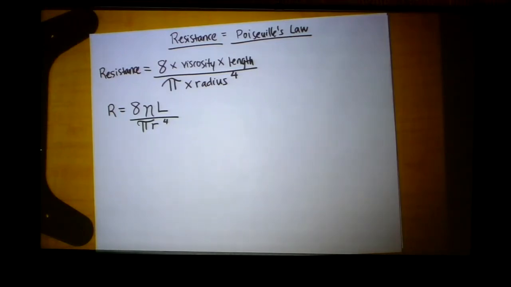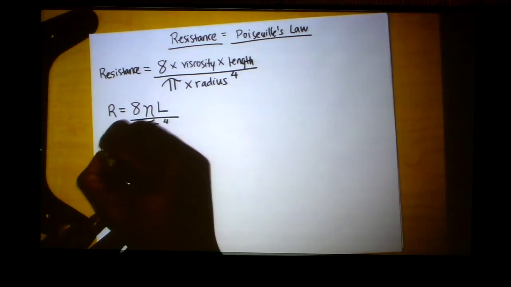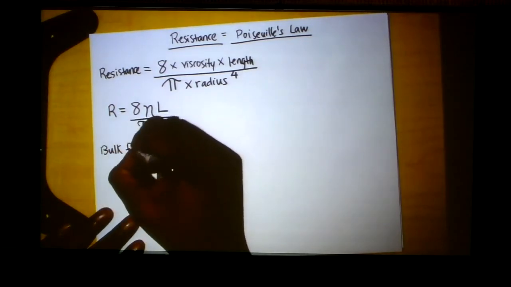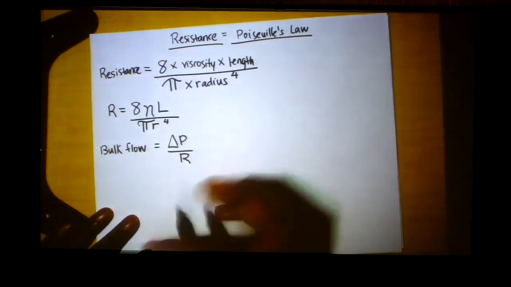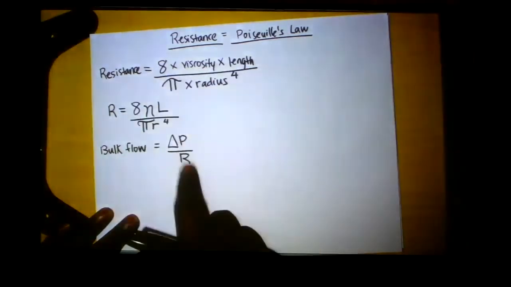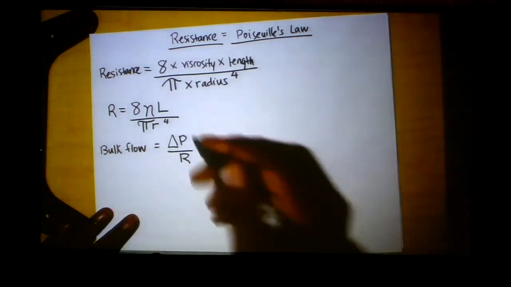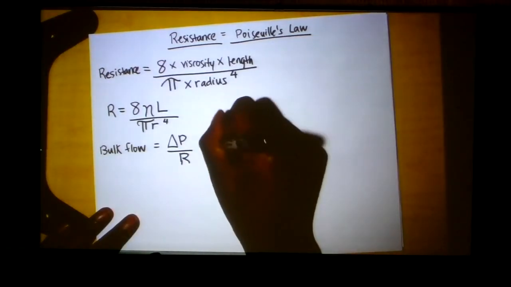And we mentioned an equation that had resistance in it before. Who remembers that equation? That equation for bulk flow. Who remembers that equation? Right, so we said flow or bulk flow is equal to our pressure gradient divided by R. So we can simply just plug this equation in for R, can't we? Yeah, we could. So as a result, bulk flow